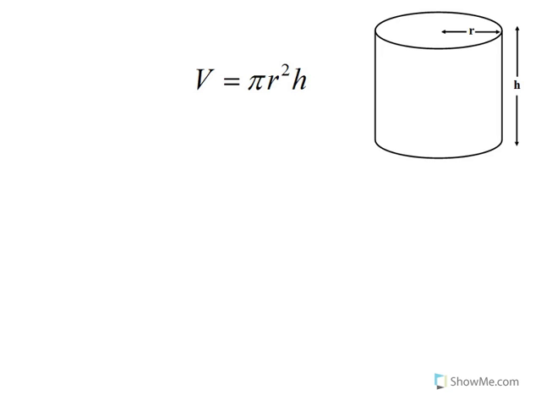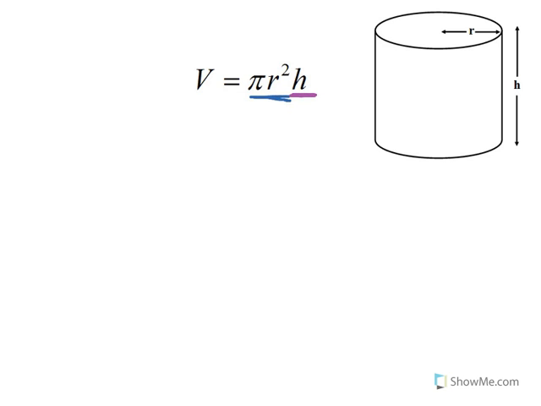When we talk about finding the volume of anything, we're talking about its capacity. And if we are looking at the cylinder, any cylinder is really just two circles, one circle for the top here, one circle for the bottom, and a rectangle that's curved around. And to find the volume of the cylinder, we're multiplying pi times the radius squared